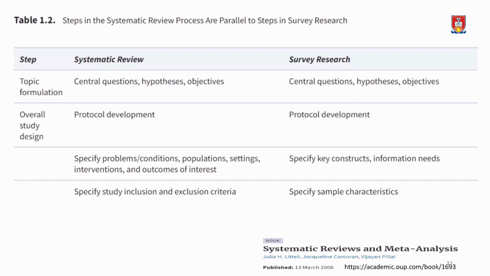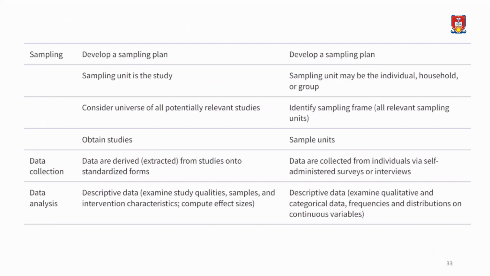Just that while the unit of analysis in a survey is usually an individual, a group of people or an institution, what we are analyzing are the people, the subjects. In a systematic review, the unit of analysis is the sources, each paper that we are including in the review. So we are also going to define inclusion and exclusion criteria for that, as we'll see going forward. So the table goes on like that, trying to juxtapose